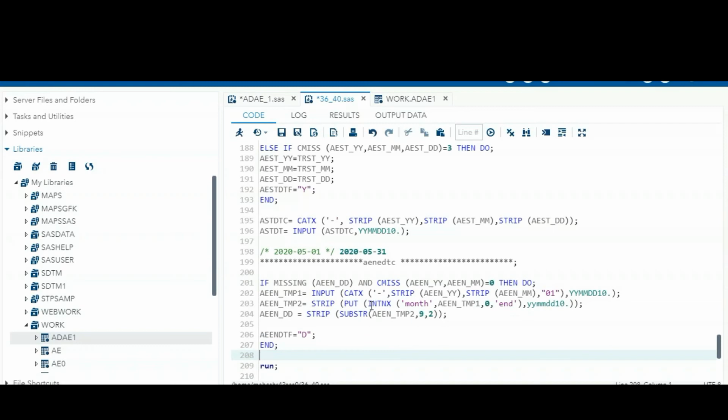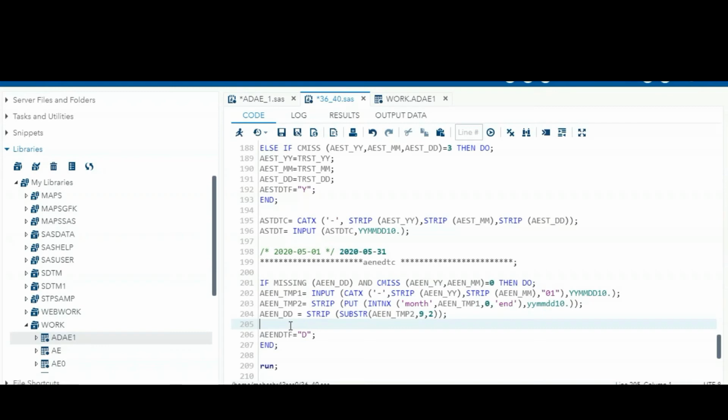In the temporary variable containing the month, the last date we are creating, and that last day we assign to the AENDDY variable. Okay, so where the missing value is, that value we can add here. So this is the first thing.